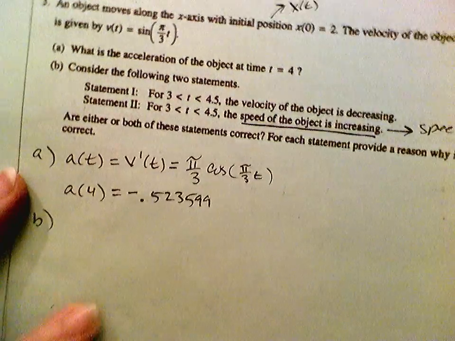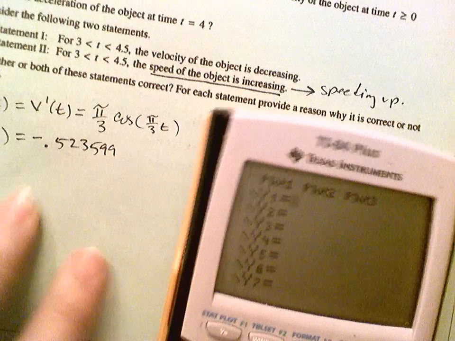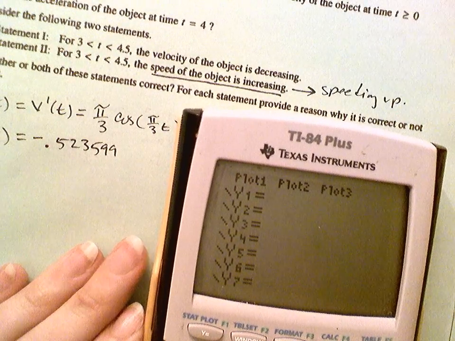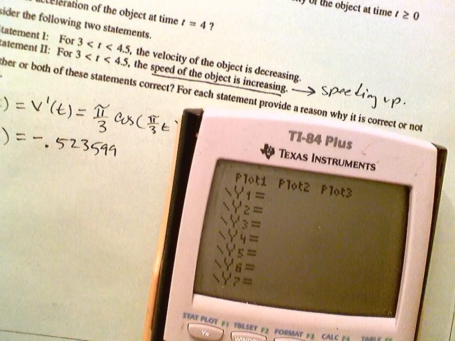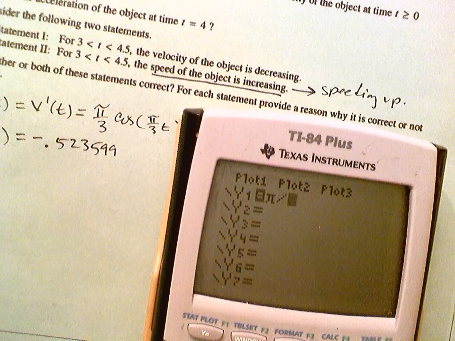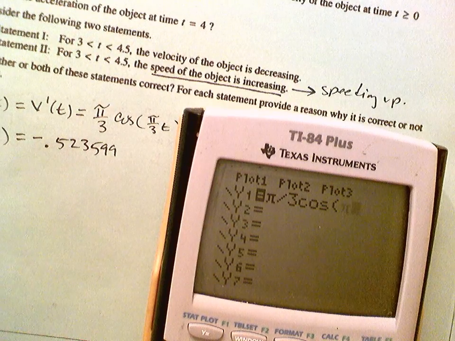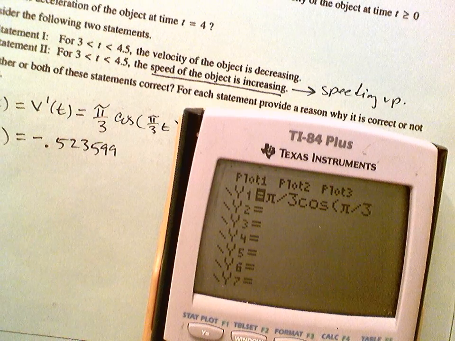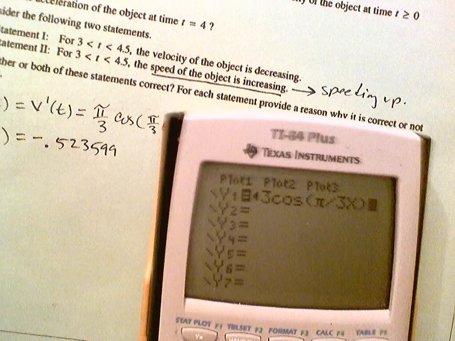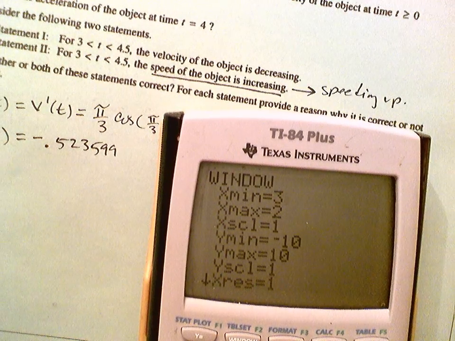Okay, so let's graph it. We have our graphing calculator. So I'm going to go to y equals, and I'm going to graph the acceleration function, and see if it's positive or negative on that interval. So I've got pi over 3 cosine pi over 3 x, and I'm going to change my window because I only care about this time interval from